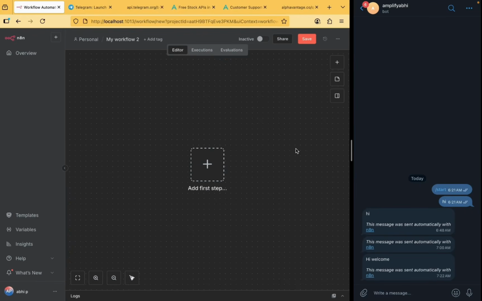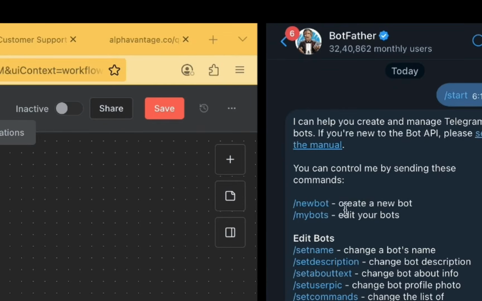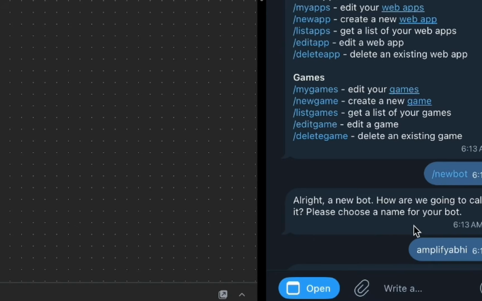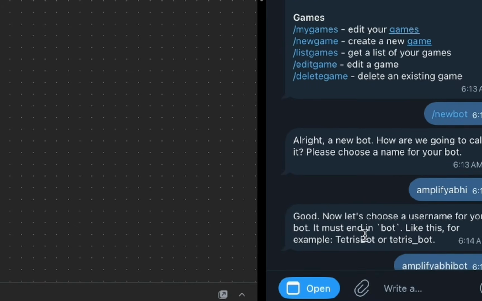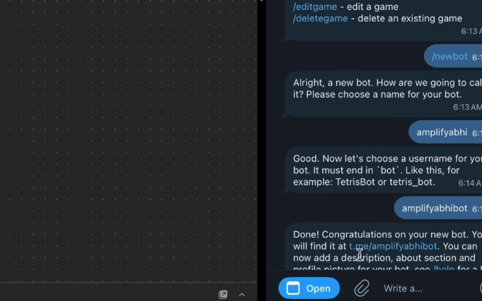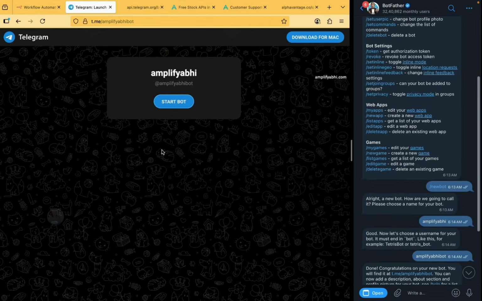The first step what we need to do is we need to make our Telegram bot ready. So you need to go to your Telegram application and try searching bot father here, and the first thing what you need to do is click on the new bot creation here. So once you click on the new bot, it will ask you the name for your bot, and later it will also ask you for the username. And once you provide the username, your bot will be created and this will be the URL for your bot. So here I have created my bot, and this is the first step where you need to configure your